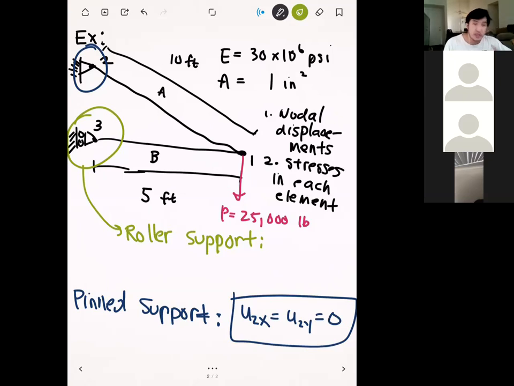Okay. And so in this case, the direction perpendicular to the support is in the x direction. And so all we can say is that u3x is equal to 0. Okay. But